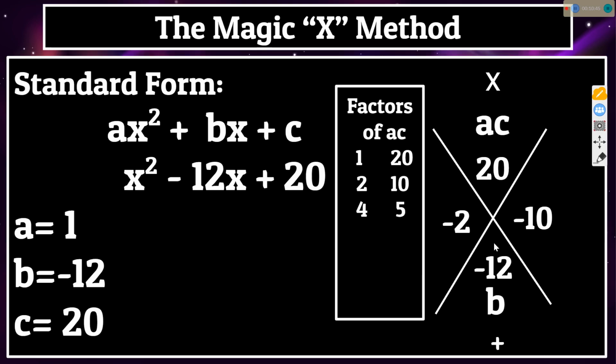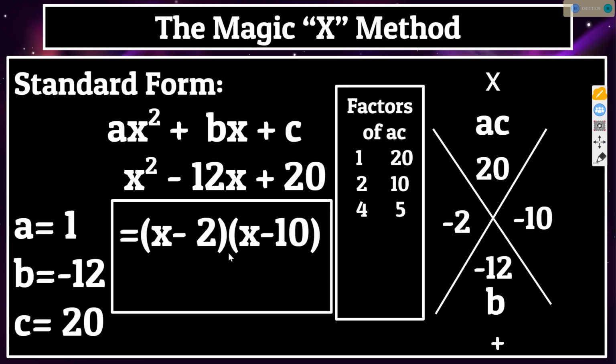And so we got to understand that adding up negative numbers is the same thing as doing negative 2 minus 10. And in this case, that would give me negative 12. So we see that when we have a positive number as our product, but a negative number as our sum, that means that both of these values need to be negative. And so in this case, in our factored form, we're going to have a negative 2 and a negative 10. And we'll notice that a negative times a negative does make a positive, but when we add up two negative values, we'll have to get a negative number. And that's our clue that we use in this case. So we'll move on,